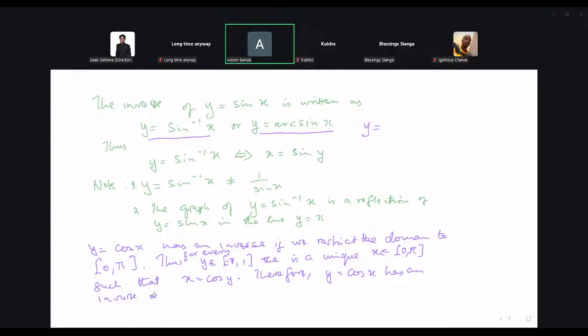Which we write with similar notation, y is equal to cos inverse of x, or y is equal to arccos of x. So this is how we would define the inverse. Again, if I may move to the next slide